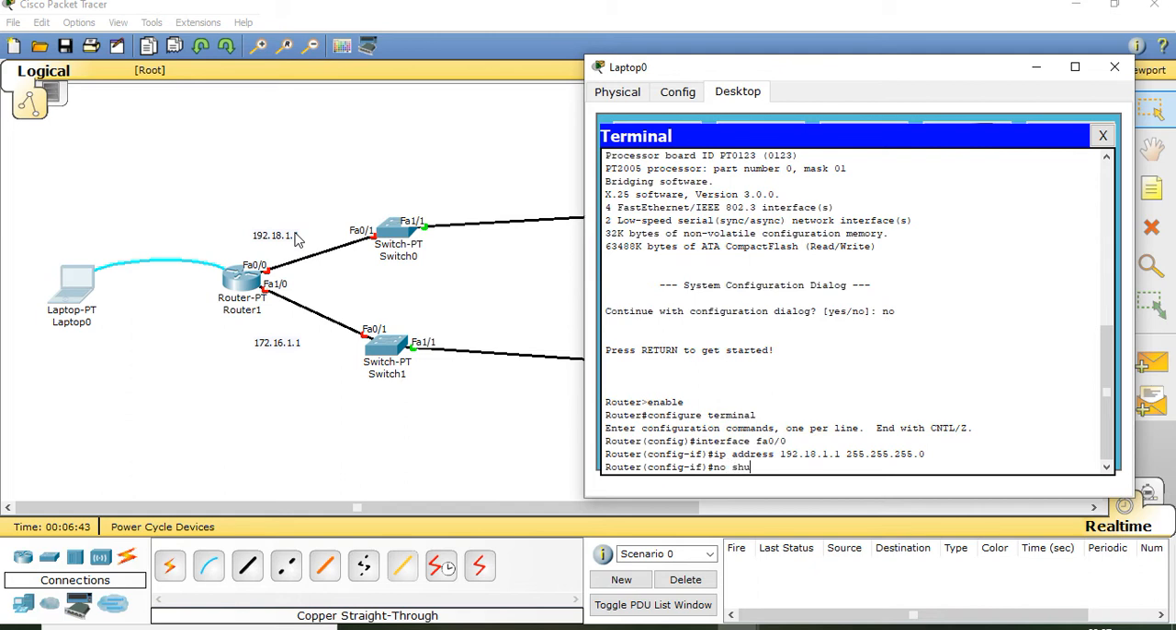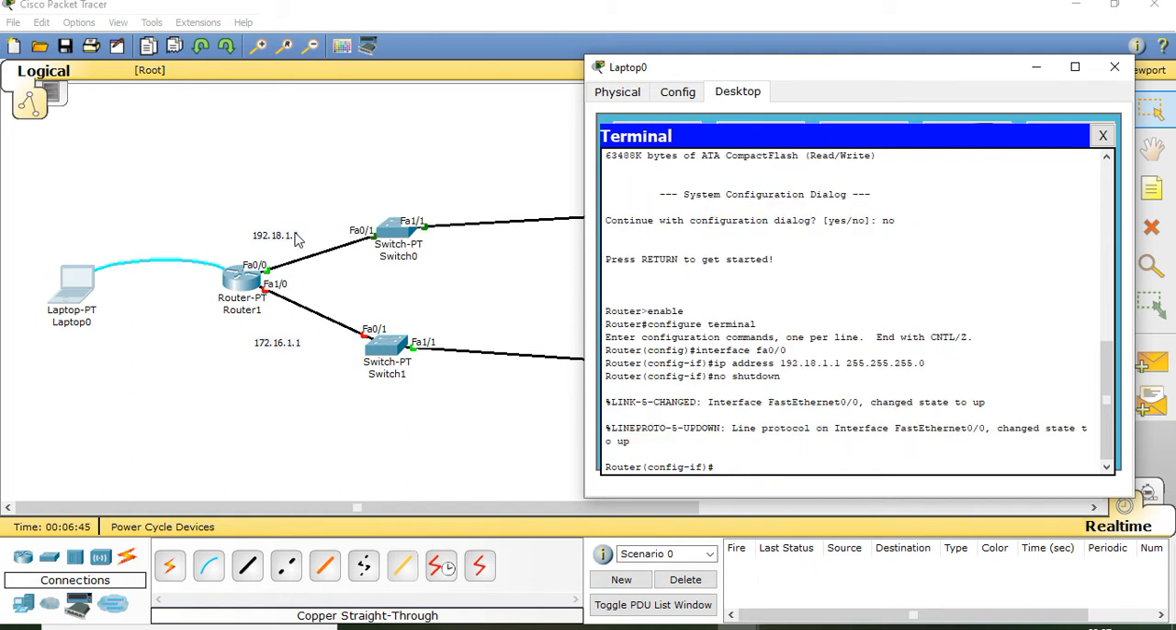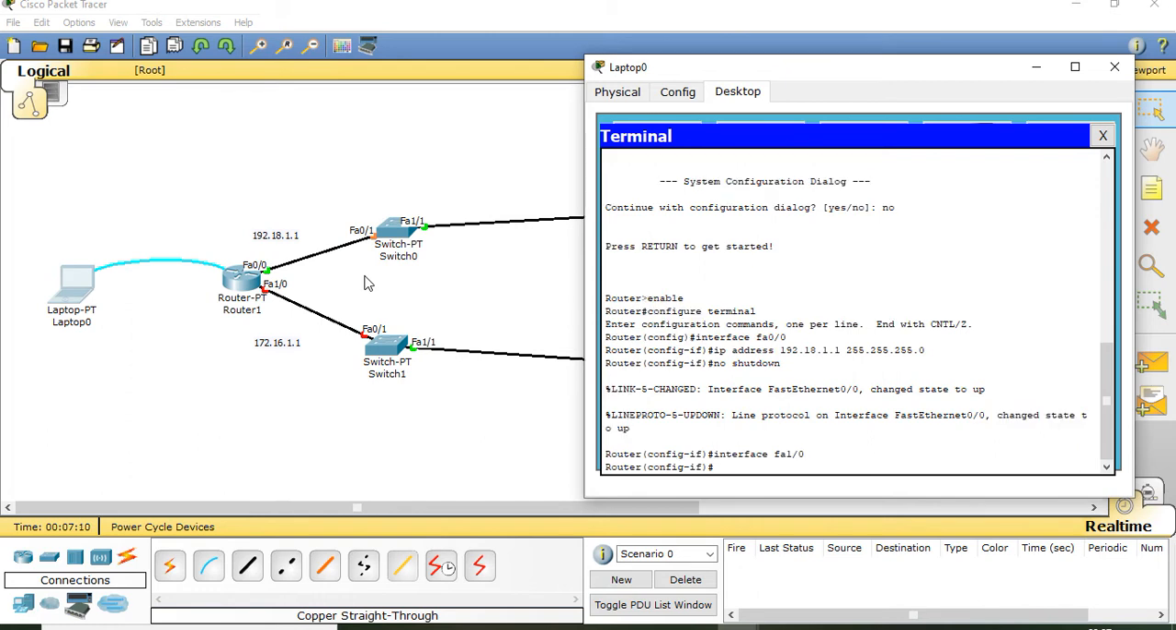And no shut down. Finally your link will go into the turned-on state. Similarly the other link, which is the interface, now I'm already in interface mode. So I will again write interface and this specific fast ethernet link, which is fa1/0,